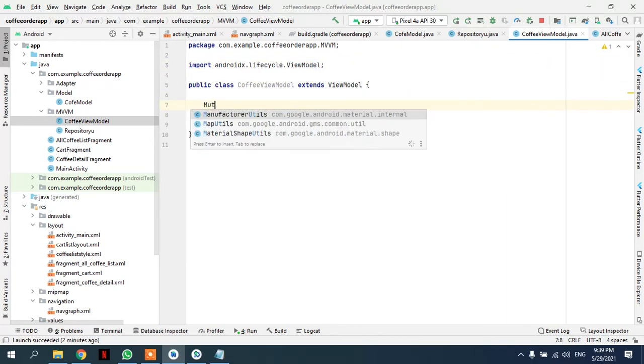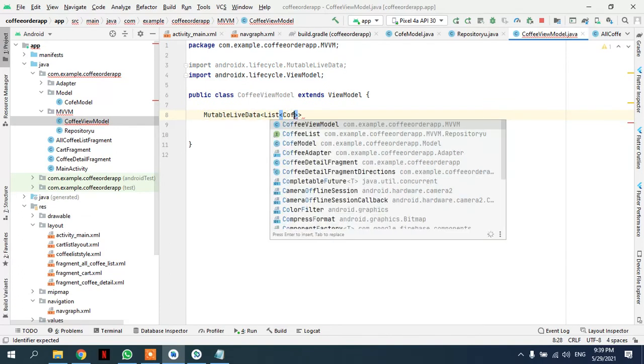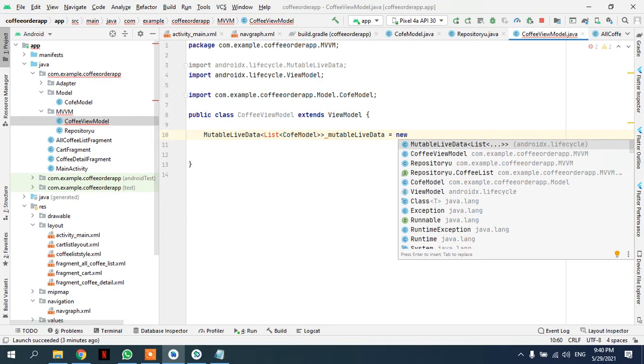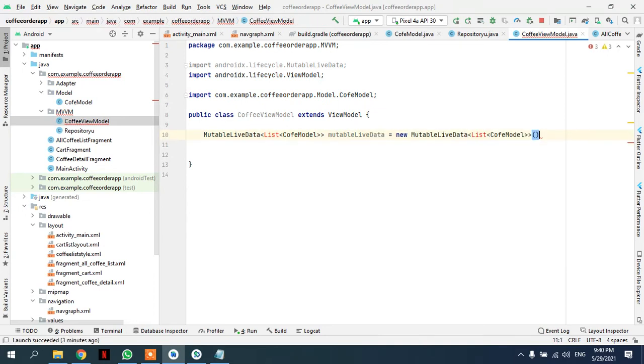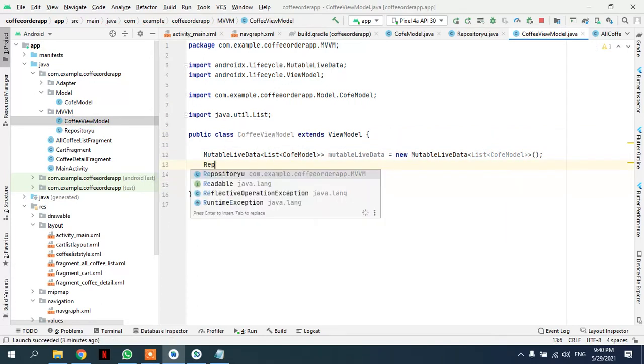Perfect. And take a MutableLiveData list of coffee model, MutableLiveData. Perfect. And we'll get the repository,